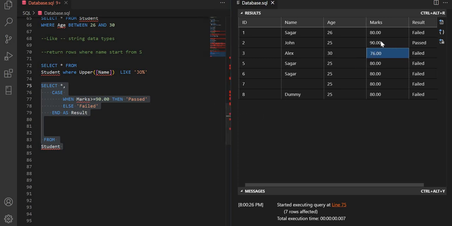where the marks is equal to or greater than 90, then it is first division. If it is greater than 80 and in between 90, then it will be second division. And if it is less than 80, then it will be third division. So let's say I will write first division. Okay,